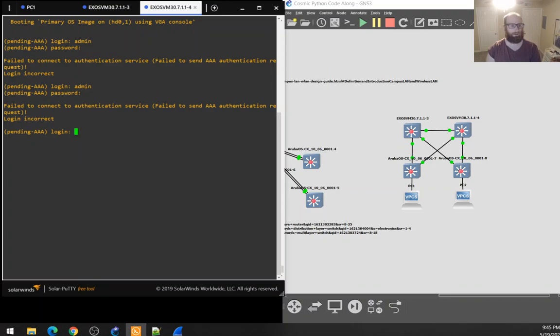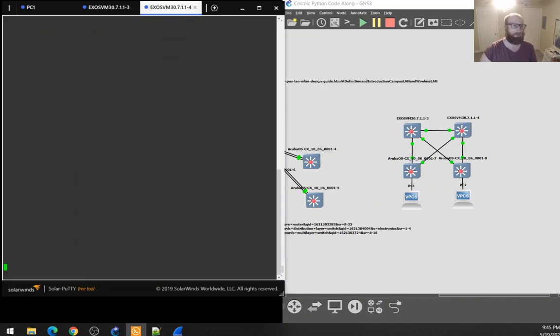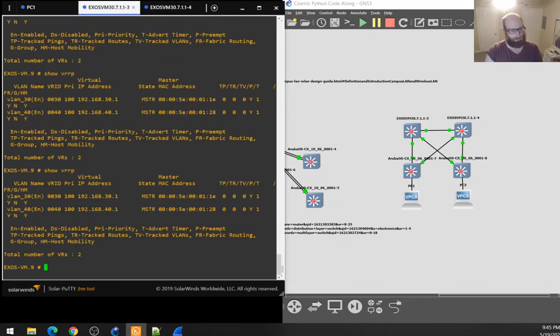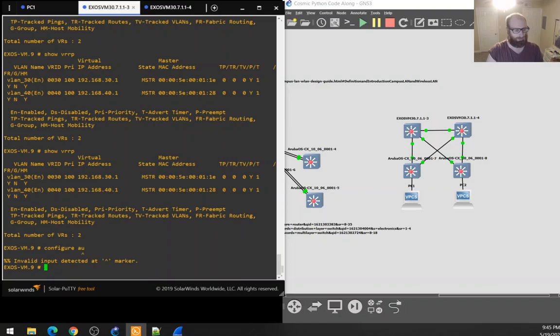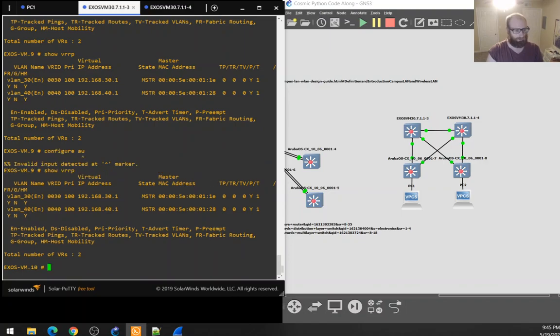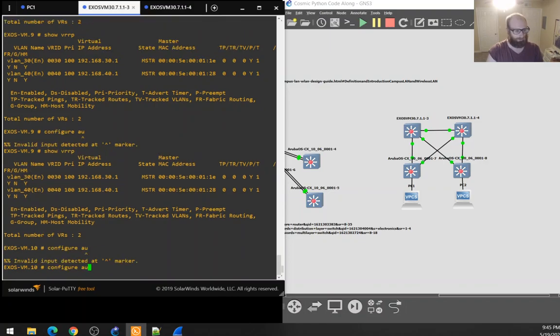See, I thought I failed to send an authentication request. I thought that was going to be fine, but apparently not. Because I did configure login, configure